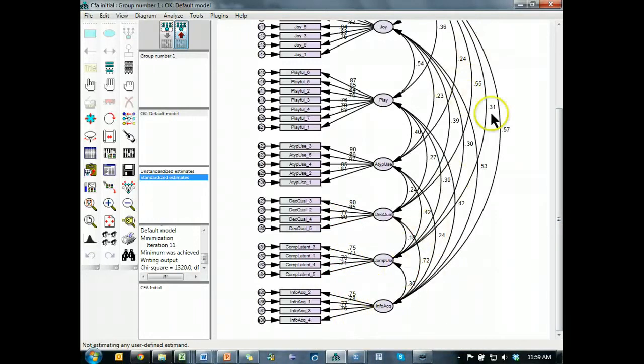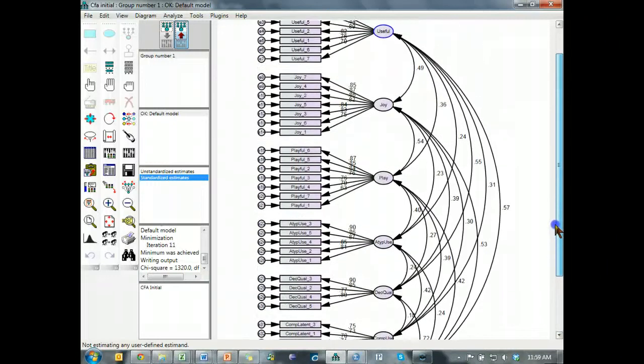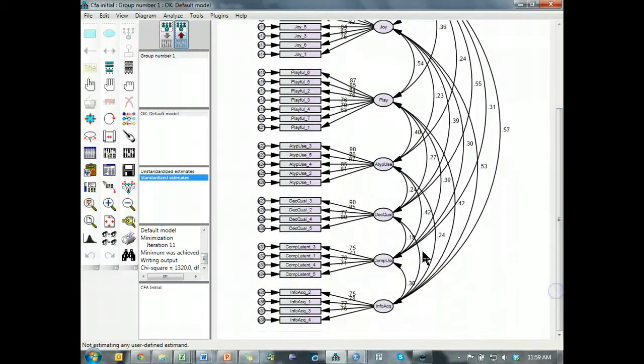Now I want to look at these covariances. Anything above 0.8 is a little alarming. This is 0.72. That's pretty high, but we knew that was coming. That's decision quality to info quality. And all the rest are pretty reasonable. So let's go look at our output